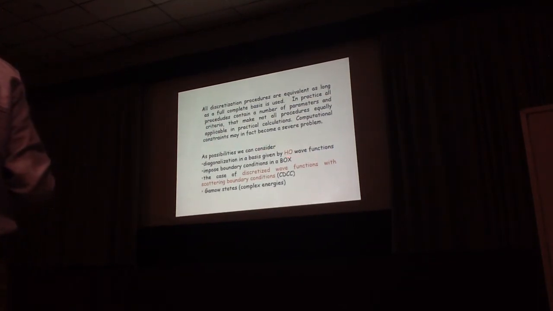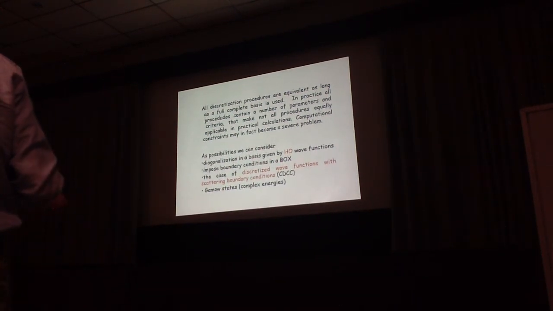Okay, and there are different possibilities for discretizing the continuum. I think Mark, for example, mentioned before, not for the continuum but for the bound state, you just diagonalize the Hamiltonian with a harmonic oscillator, but you can also impose boundary conditions in a big box, or you can use discretized wave functions with scattering